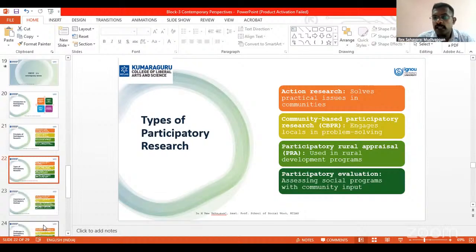So types of participatory research: action research. When you say action research, it solves practical issues in communities. Action research is very important. Action research is always to solve the problem, right? So action research helps the particular problem to be solved very immediately, right? In the medical field, they say action research for COVID. We know that the world